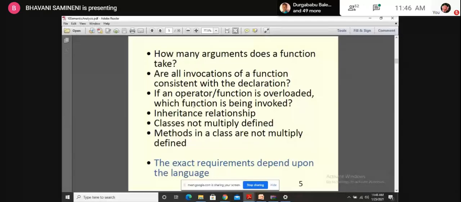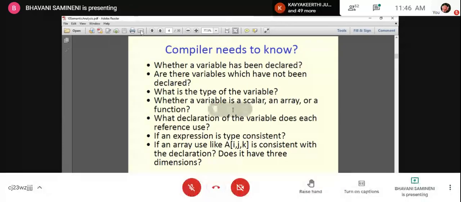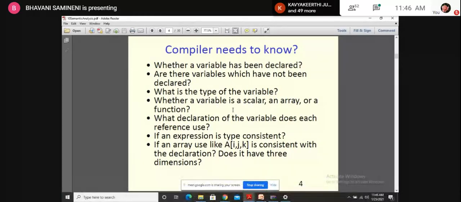If you see these kinds of sites, you will get what kind of information they want from the source code in order to do the compilation. This is not particular to the semantic analysis, but before going to execute or before getting the compiled code, the compiler should be able to know about the source code. What are the variables we have declared? What variables we have not declared? And if we have identified some variables, what is the data type of the variable? What is the lifetime? What is the scope? What is the address location? And what is the current holding value? And whether we have used that variable as a parameter or not in the function calls.